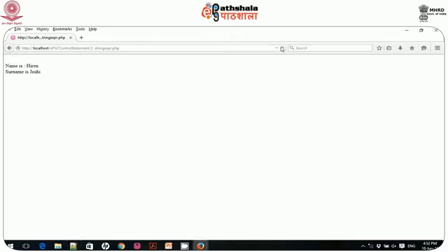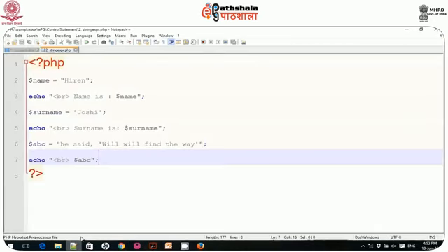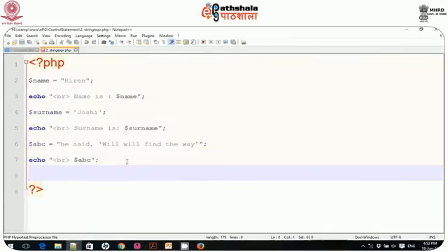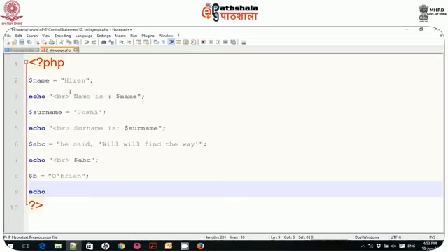It is a very well known sentence, will find the way. Or you can also write $b is equal to O'Brien, again type br $b and save this one.